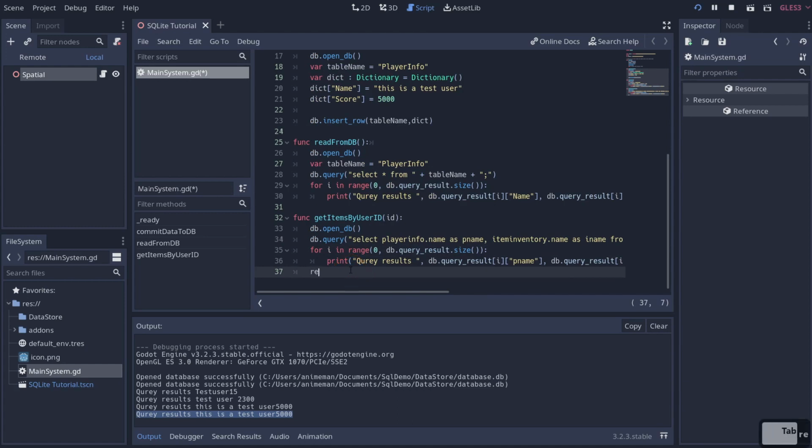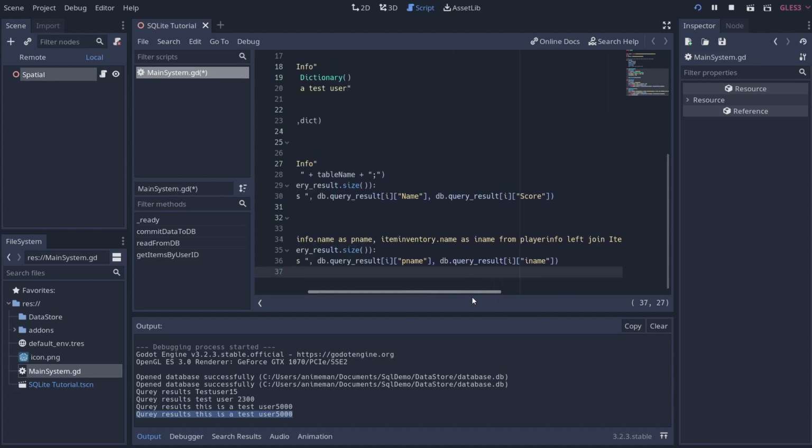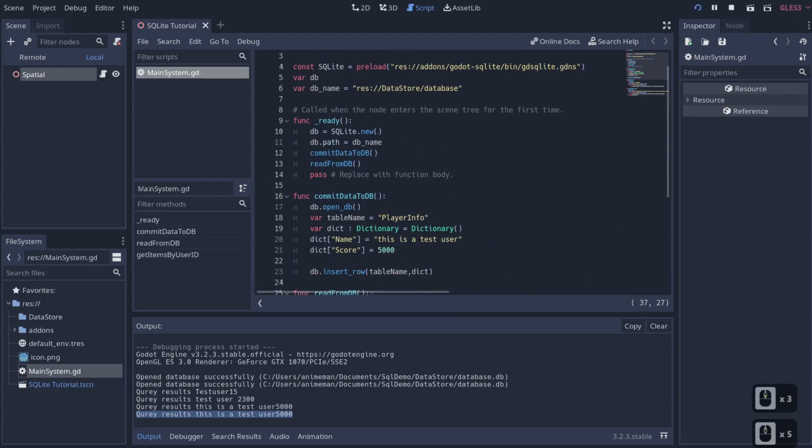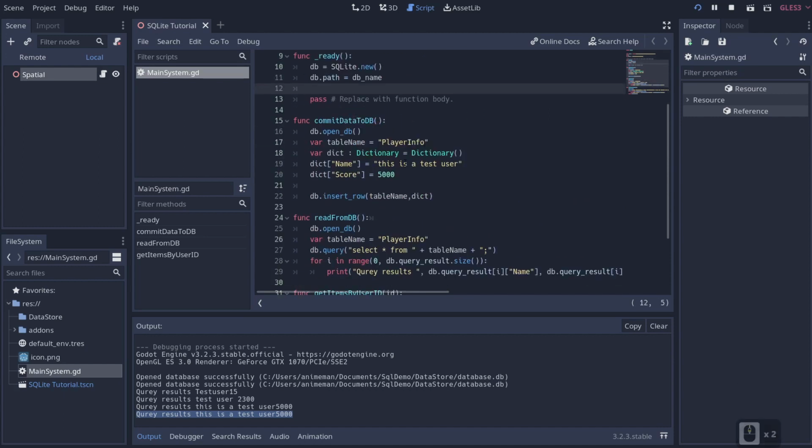So we can just do return our db.query_result, or result, I guess. Don't want to put the S at the end. And we don't need to worry. Well, we can use this as kind of a debug, but that should work with what we want to do. So if I get rid of these two commits, because I don't want to do that right now, and we do get items by user ID, and I set it to 1,